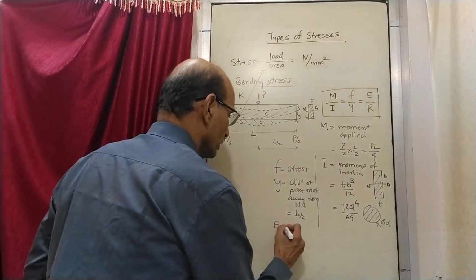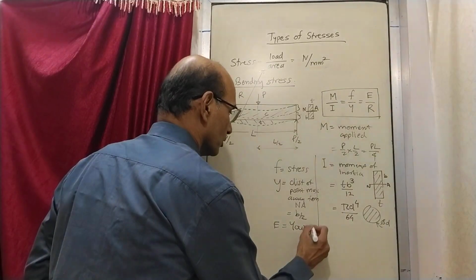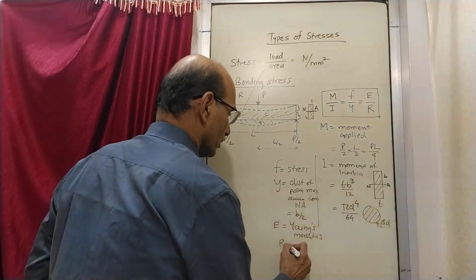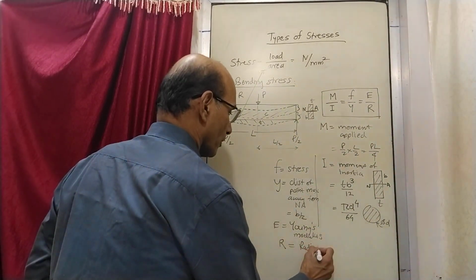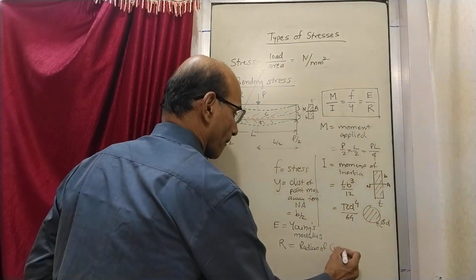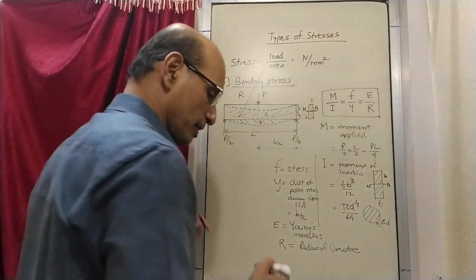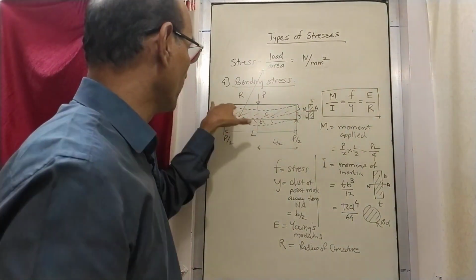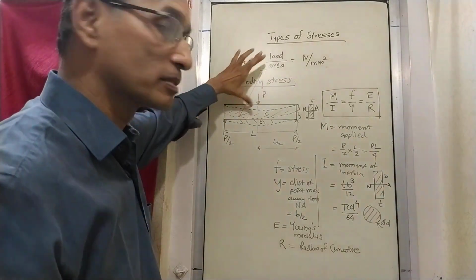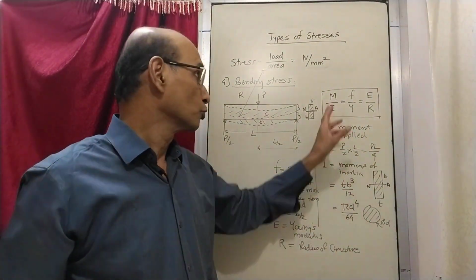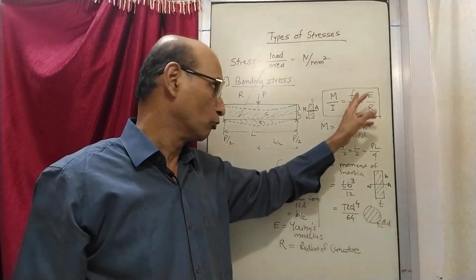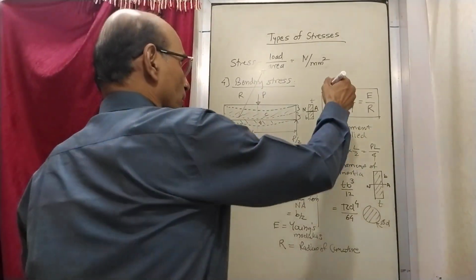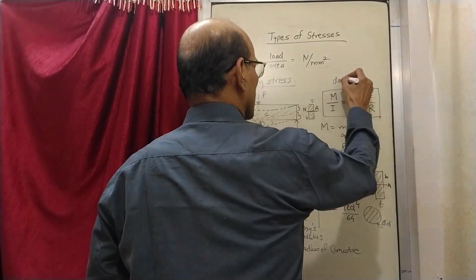What is E? E is Young's modulus. And R is the radius of curvature after it is deformed. So I have shown you here, this is the radius of curvature which has got center somewhere here, and this is the distance of R, the radius of curvature R. So M upon I equal to F upon Y equal to E upon R. This is basically also called a design equation. We are coming across such equations many times. So this is a design equation,